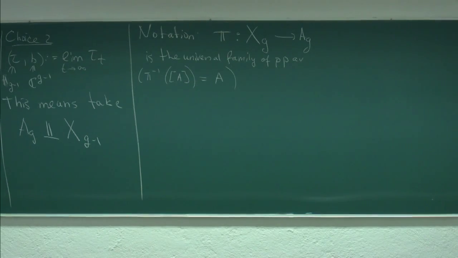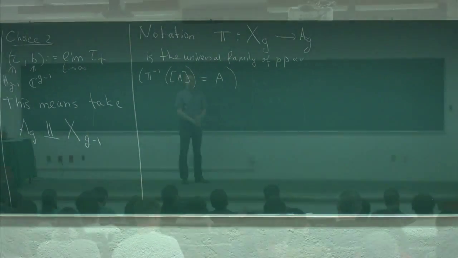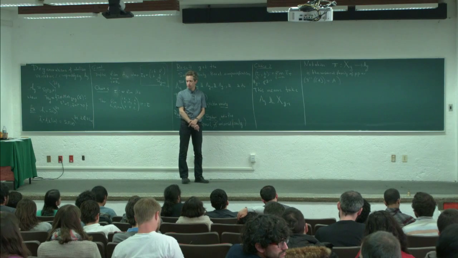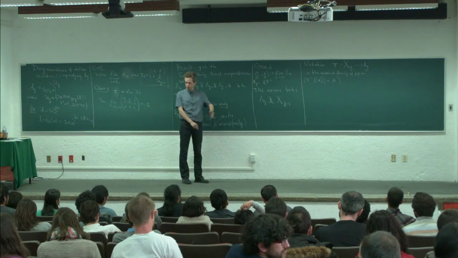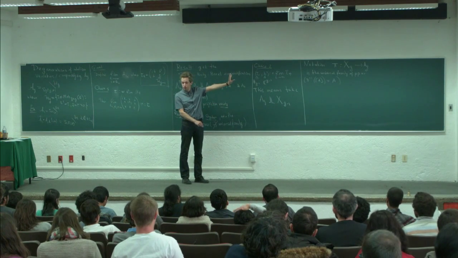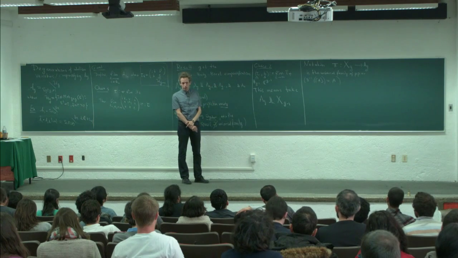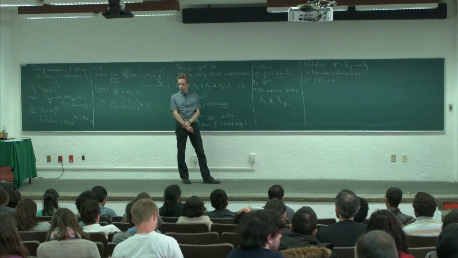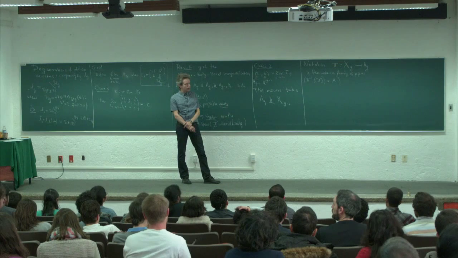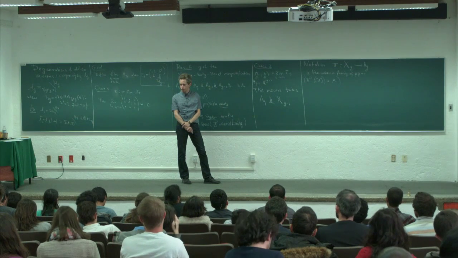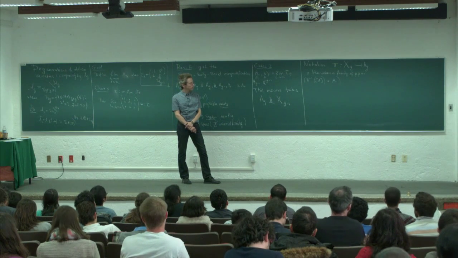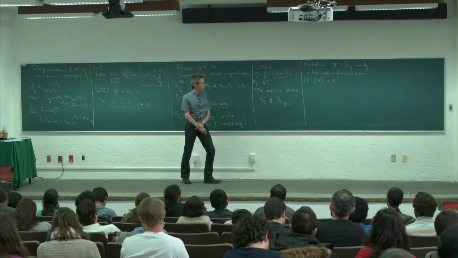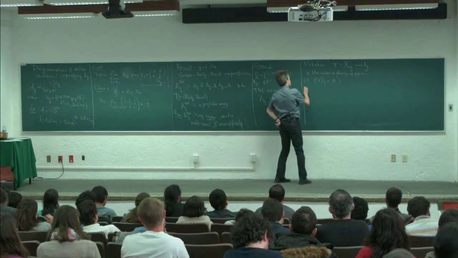I somehow have done something which is horrible for people who do moduli theory. I just introduced notation. I didn't say this is a major theorem that such a thing exists, right? If you are doing some moduli theory, knowing that you have a universal family is hard. Why is it not so hard? The reason it's not so hard here is I can write down what this is. So,